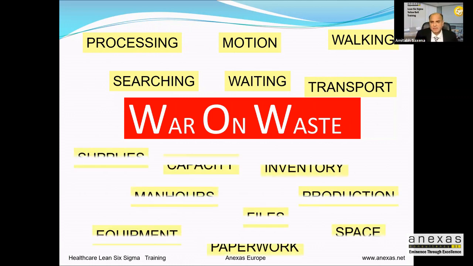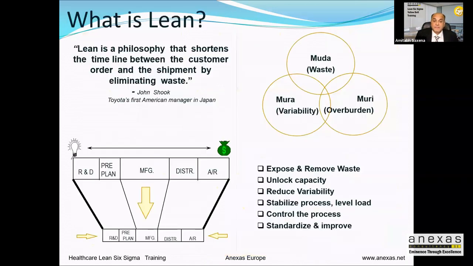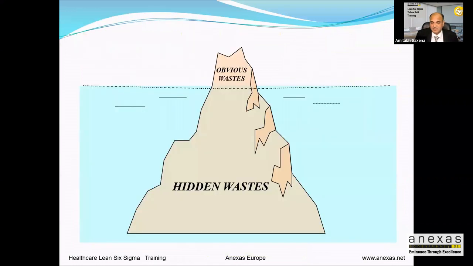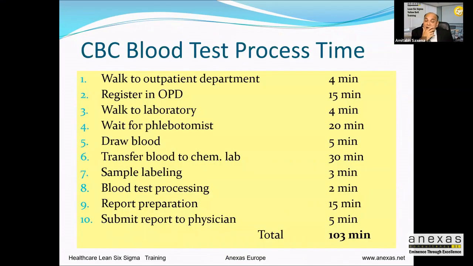So we are talking about waiting, searching, motion, walking, overcapacity, extra man hours, overtimes, paperwork, so many things. And I'll just jump because I'm just pulling my slides from the green belt, so I'll just skip some of the slides. So if I ask someone, how many value added steps are there in this particular process? Now, first of all, you have to understand when we say value added